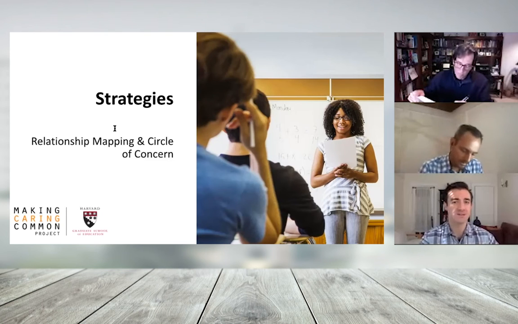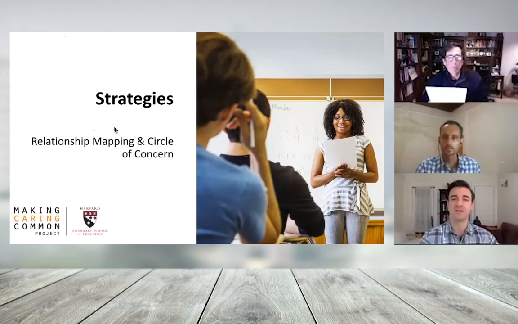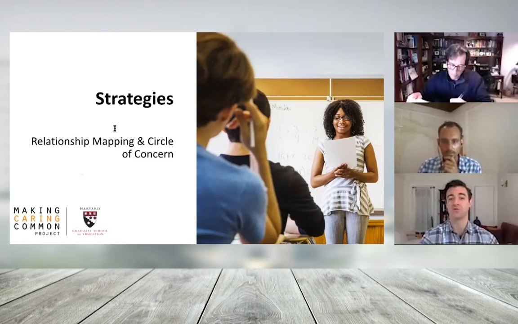So rather than leave these connections up to chance, relationship mapping, the strategy I'm about to share, really invests time in making sure that every student is known by at least one adult. Using the strategy, school staff can identify those students who do not have current positive connections to school adults. We do this during a private meeting. Those students are then paired with a supportive adult mentor within the school.